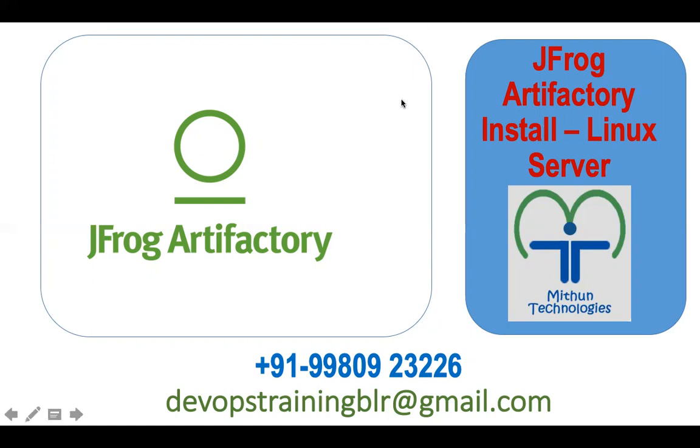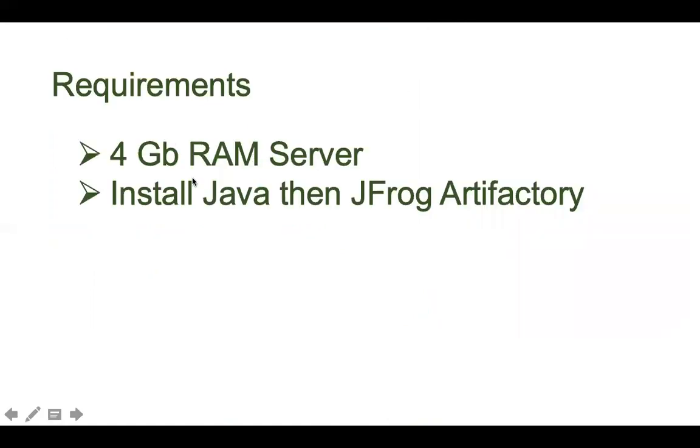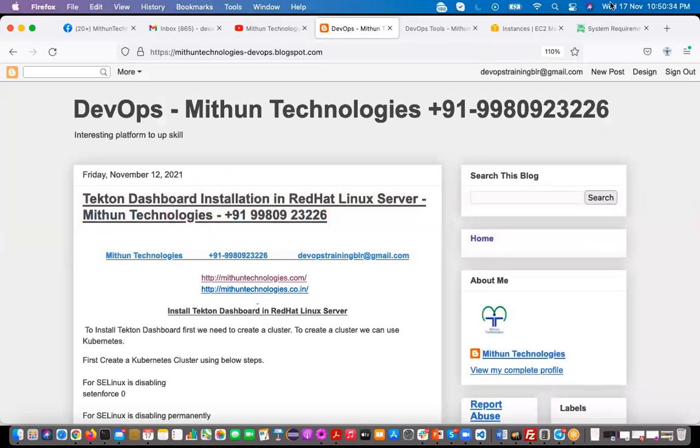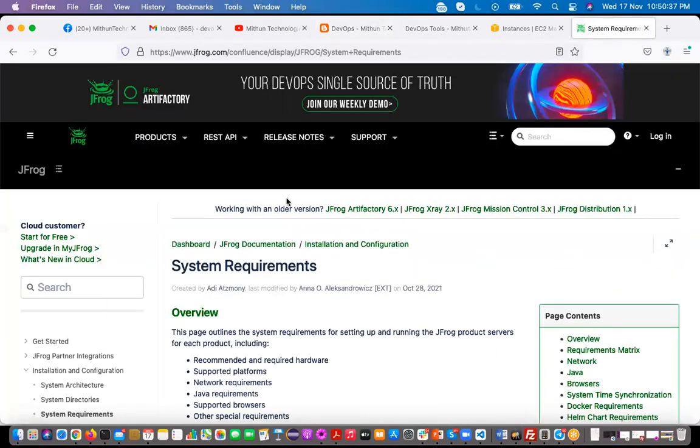The hardware requirement is a server with 4 GB RAM. As for software, Java is the prerequisite. In earlier versions, we first had to install Java, then install JFrog Artifactory. But now with the latest version 7.x, Java comes along with the JFrog Artifactory software. It is a bundle. So if you refer to the JFrog Artifactory official website,